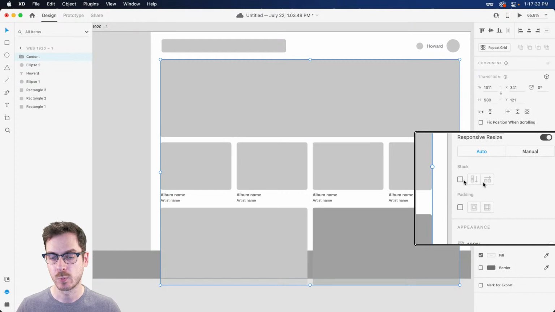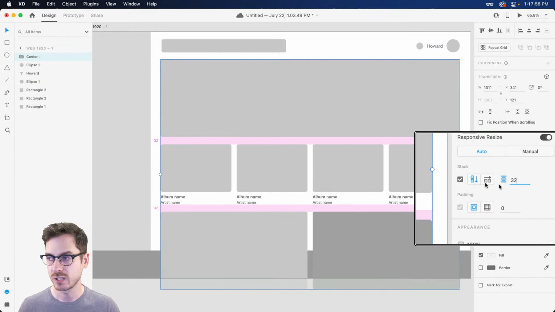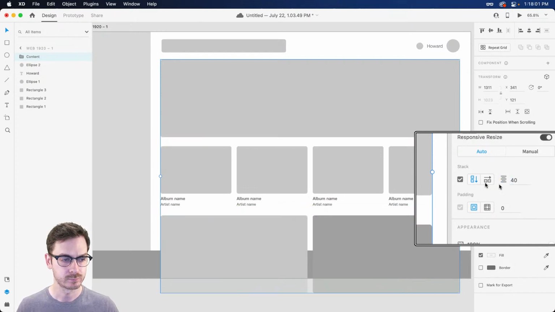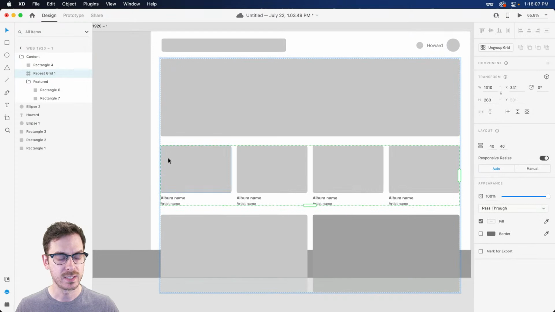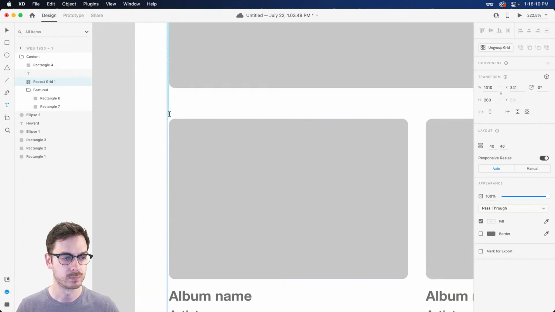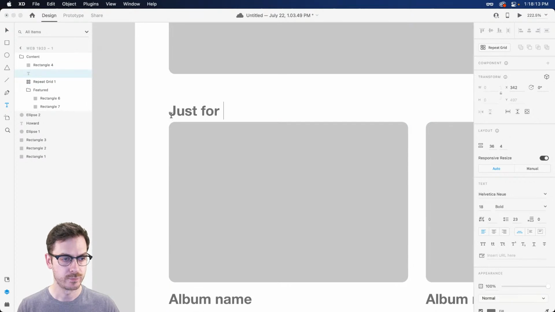And then within the properties inspector, I'm going to turn a stack on. Now, when I turn this on, by default, stacks assign a horizontal. It becomes a horizontal stack, essentially. But because there are multiple objects inside of this group, there's a repeat grid, there's another group, there's some elements, it noticed the direction that those elements are going, so it defined it as a vertical stack. And now I can dive in and adjust the spacing as I need to, right over here. So I can do 32 pixels in between each, or 40, whatever works for your grid system. But most of all, when I want to dive in here and add some additional content, let's say I wanted to add a header, I can just dive in.